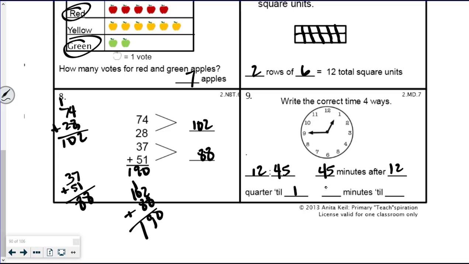And then 45 minutes, or wait, how many minutes till? Now we want to know how many minutes till 1. So when this minute hand gets to the 12, that's 5, 10, 15. So it's 15 minutes